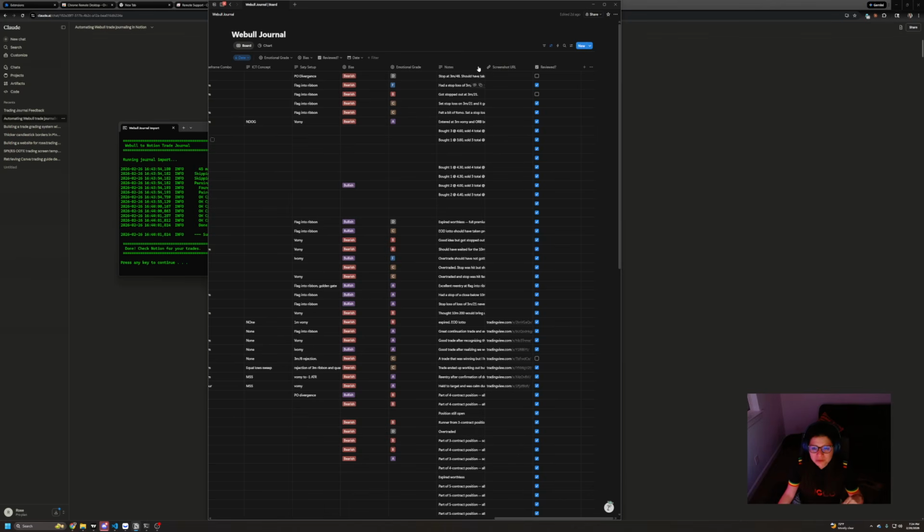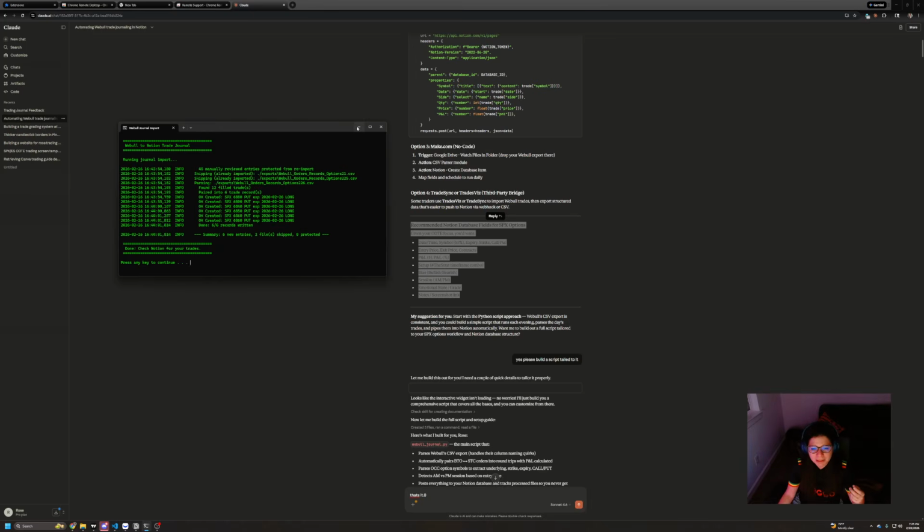And then I add my notes, whatever notes I want to say, like on this one I said a bit of FOMO. I entered at this setup. You basically tell it what you want to tell it. And then once all that's entered manually,